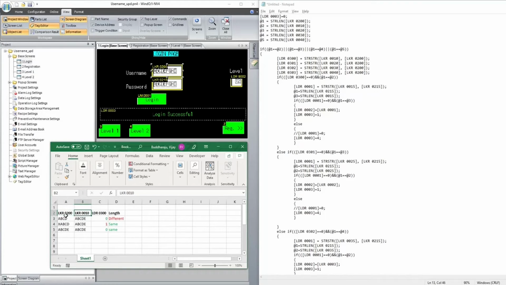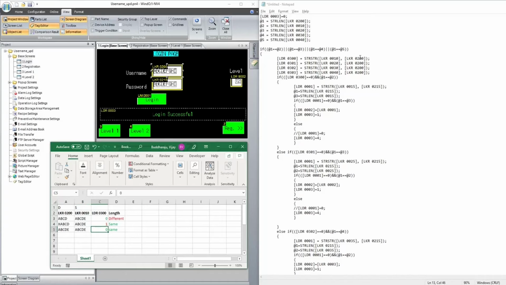Similarly, LKR 200 is matching with LKR 20, LKR 30, and so on. So each and every ASCII you entered here will match with the source. Let us say this is the destination and this is the source.